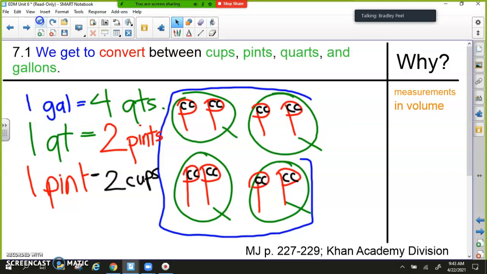Okay. How many cups are in a quart? There are 4 cups in a quart, and you could do that if you're going from quarts to cups. You can do 1 times 2, which is 2, and then 2 times 2, which is 4. How are we feeling about the multiplication of this? Using this as multiplication. Will you open to the inside front cover of your book as well? On the inside front cover of your book, there are conversion charts for